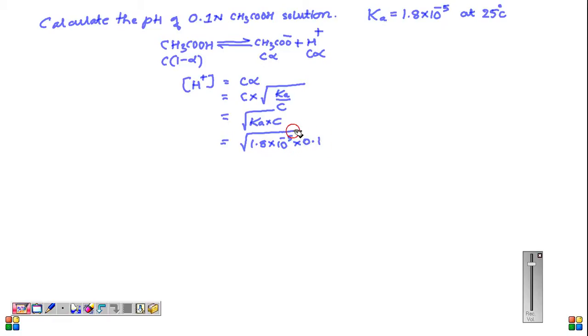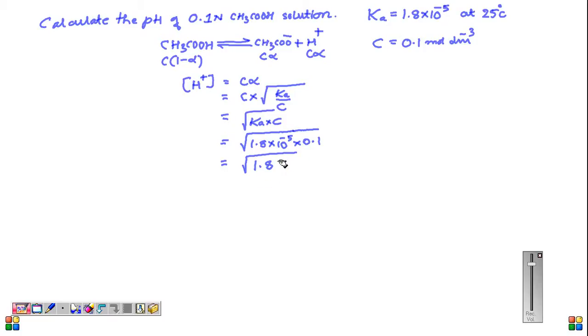Here I will write all the data. Ka is given. C is equal to 0.1 mole per dm cube. This is the concentration. That is equal to root of